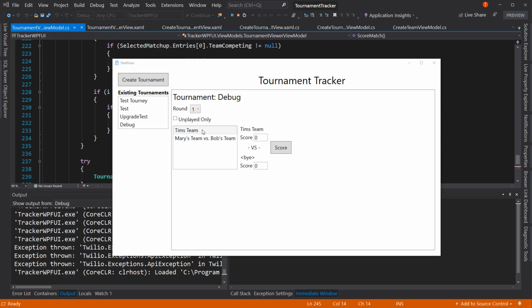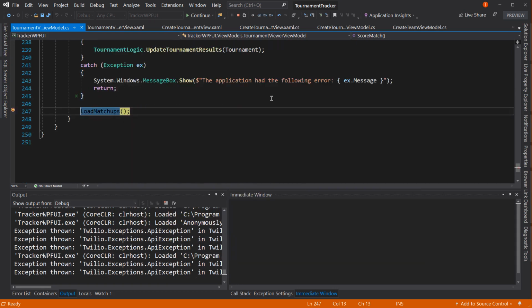But that's not really the problem here. We just want to know, why do we get that weird error? So let's go unplayed only. That's Mary's team versus Bob's team. Mary's going to win. Mary's really dominant, so 30-0. Score that, and it hits the load matchups. And by the way, we get a